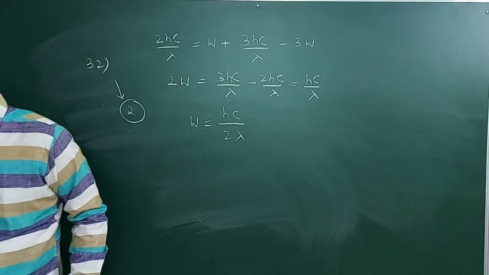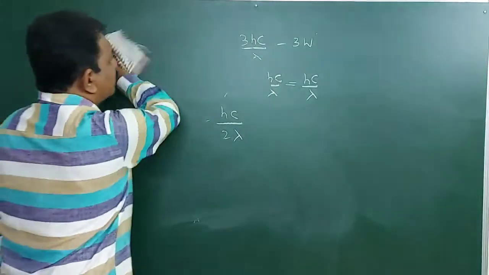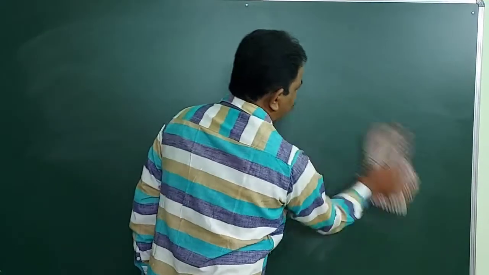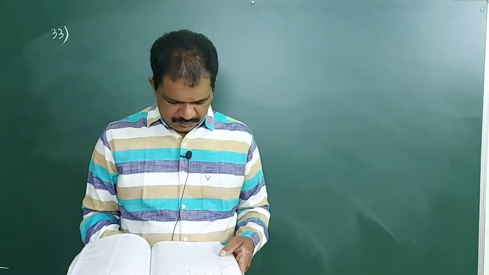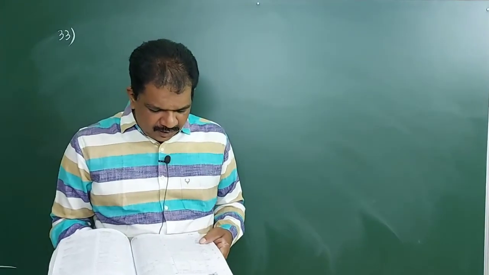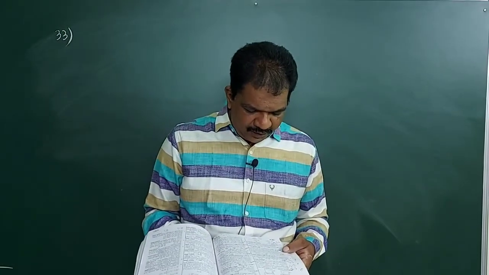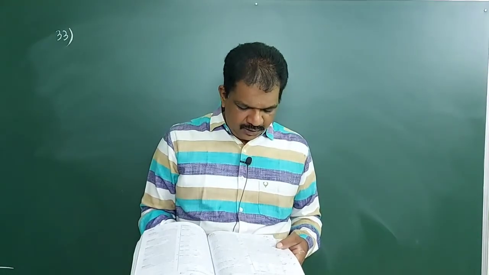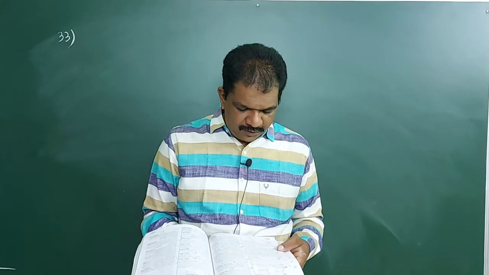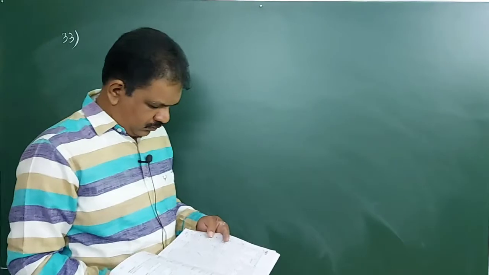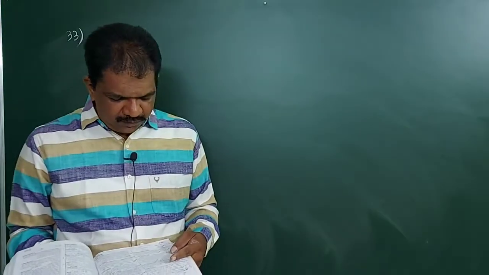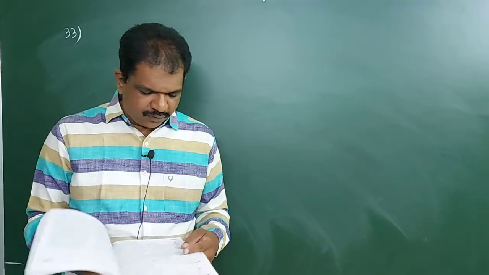What they are asking, see. Let's see. Electron of mass m and photon having same energy. Ratio of de Broglie wavelengths associated with them will be. Okay. So, ratio of de Broglie wavelengths associated with the electron and photon.